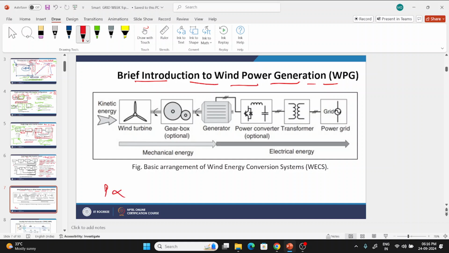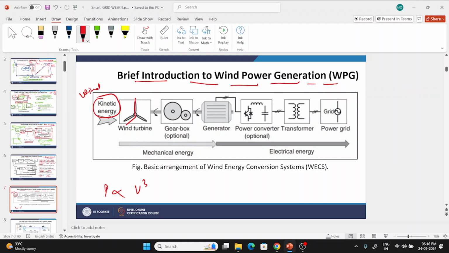Okay, I will. I think if you want to recall it, maybe you can go through that lecture. It is directly proportional to V cube. So what happens here is that in the first stage, the kinetic energy of the wind